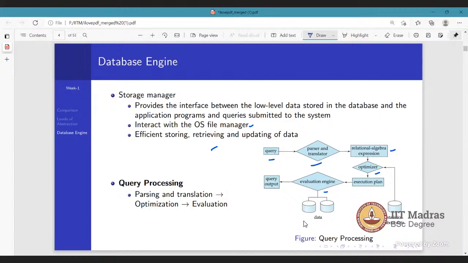Then I think in week 4 all of you have gone through different relational algebra expression theories, right? So all of us are aware that for getting one particular result, we can have different approaches, different relational algebra expressions which give the same output.